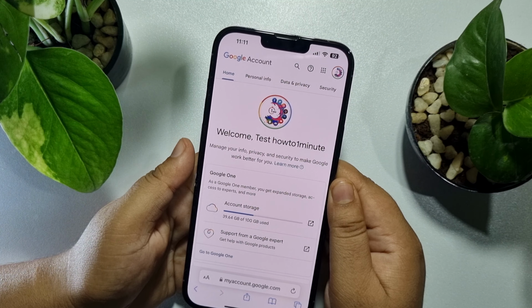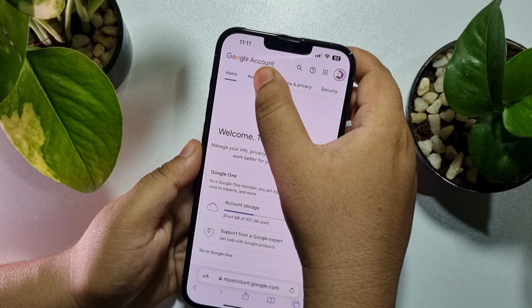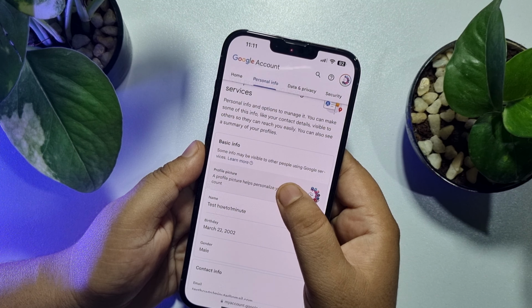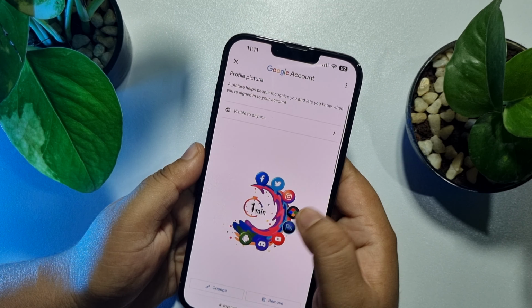Once you are on the Google Account page, here tap on Personal info and tap on your profile picture. Now tap on Change,